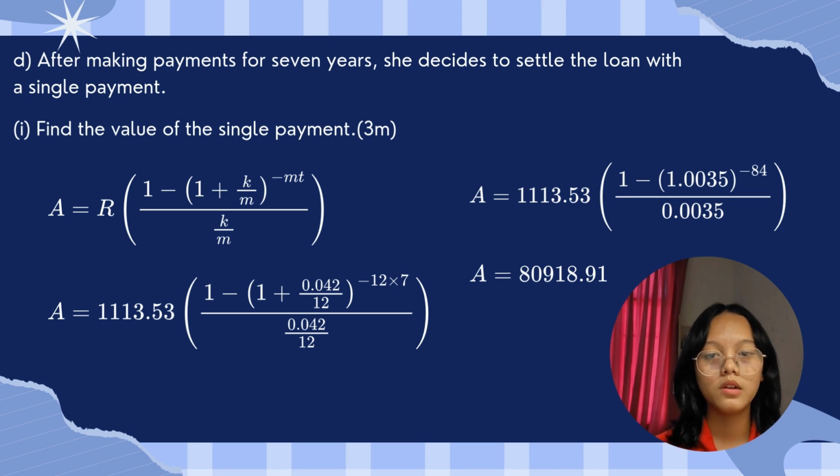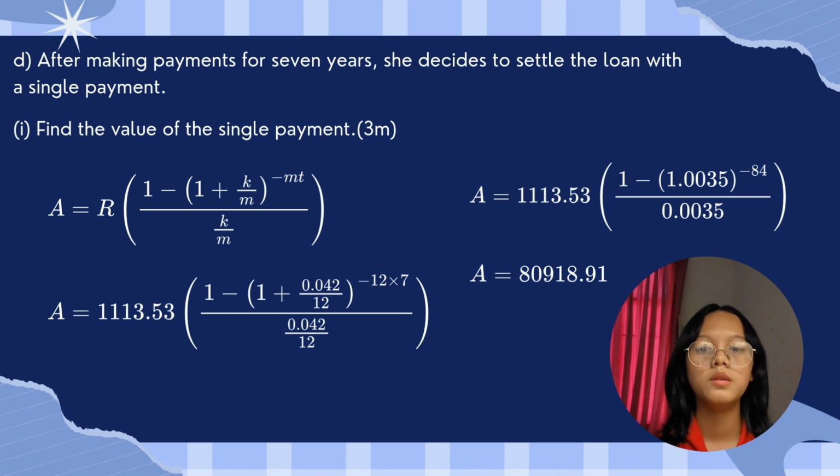The formula that we are going to use is the present value of an annuity, where R is the periodic payment, K divided by M is the periodic interest rate, K is the loan term, while M is compounded monthly. M multiplied by T is the number of payments. T is the term of the loan. R is the monthly repayment amount Siti Nurhaliza makes to Bank KK. This value must first be determined by solving question 2A. After solving question 2A, we got the answer of